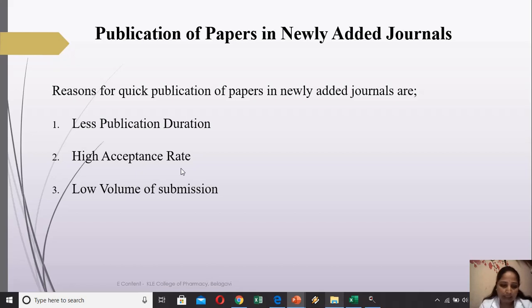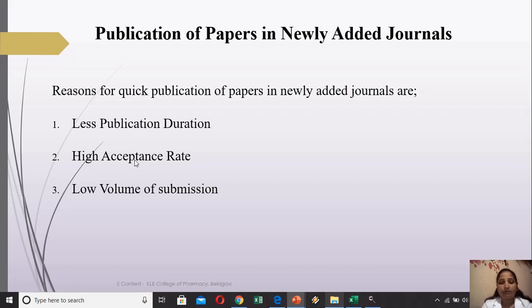To maintain these metrics, they need to consider various parameters like the number of citations from that journal. To increase the number of citations, they have to increase the number of publications. But it doesn't mean that any sort of article will be published. Only quality papers will be published in such journals also.